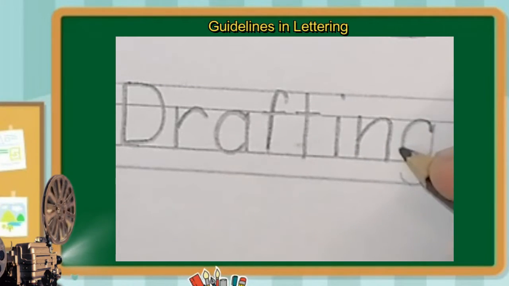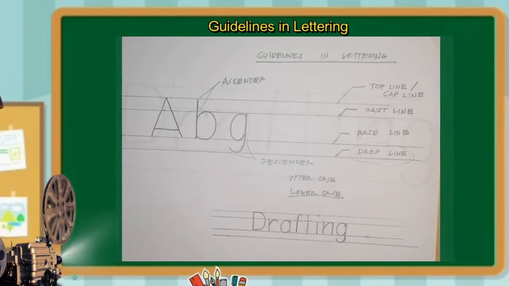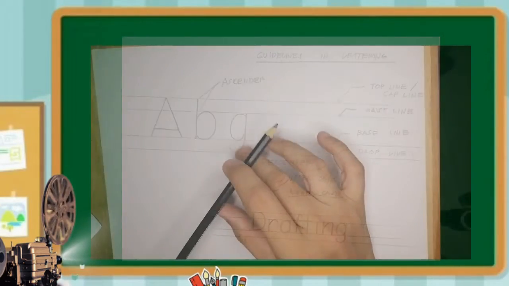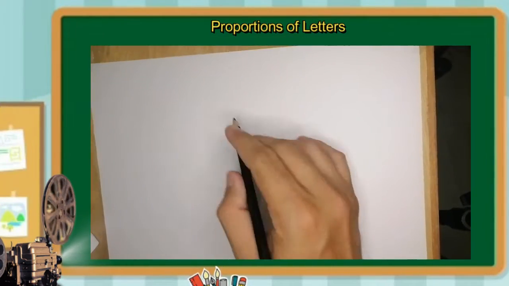Yan. Then we have letter G. Okay? So that's it for guidelines in lettering. So for the next lesson, we'll be discussing the proportions of letters. Okay, so for proportions of letters,